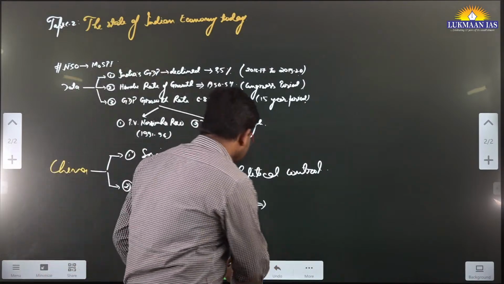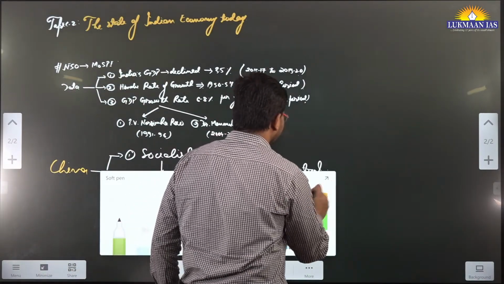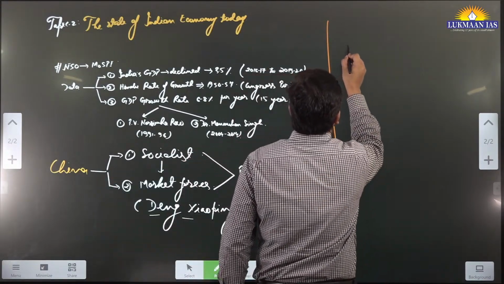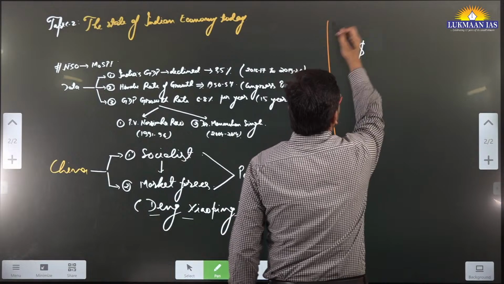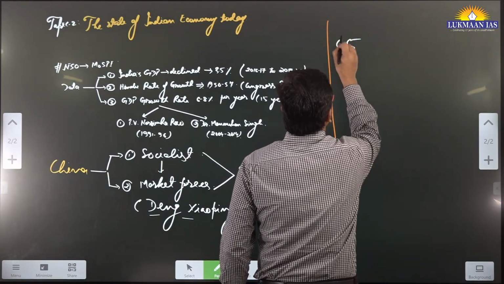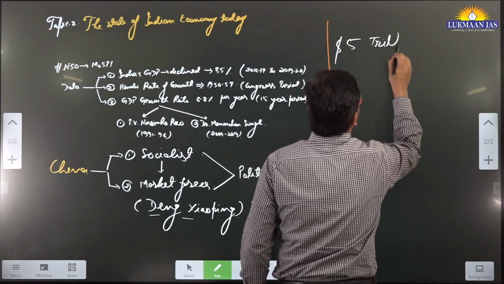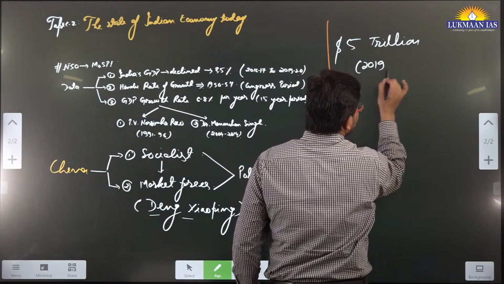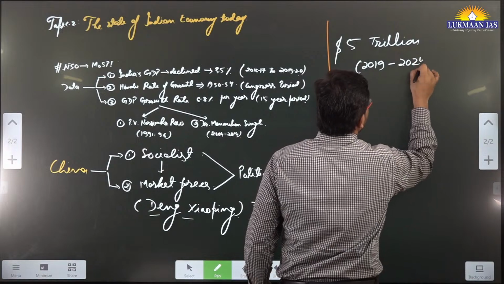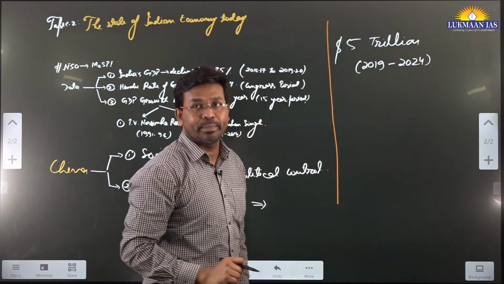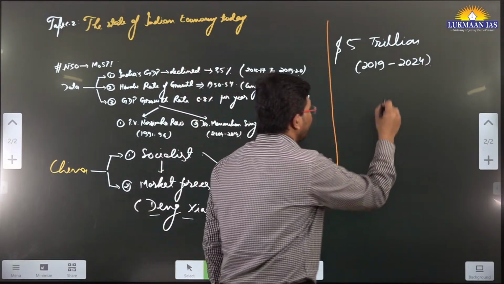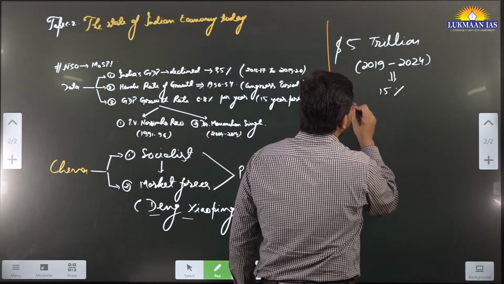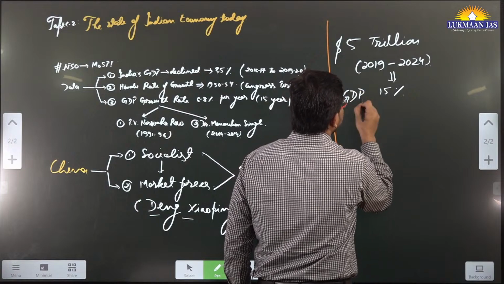However, the author is talking about another factor: the promises made by the government during its election tenure. There was a target of growing the Indian economy and making it a $5 trillion economy, during 2019 to 2024. India wanted to become a $5 trillion economy. To become a $5 trillion economy, what did we need to do? We had to have a GDP growth rate of